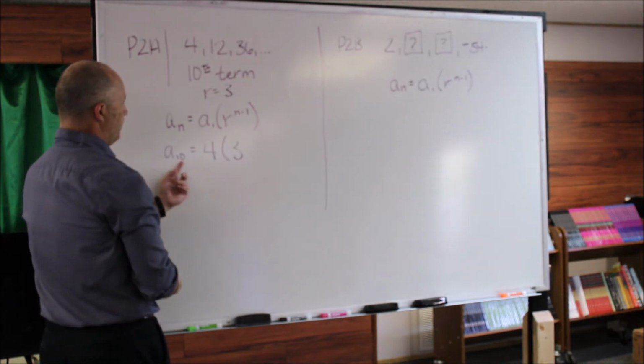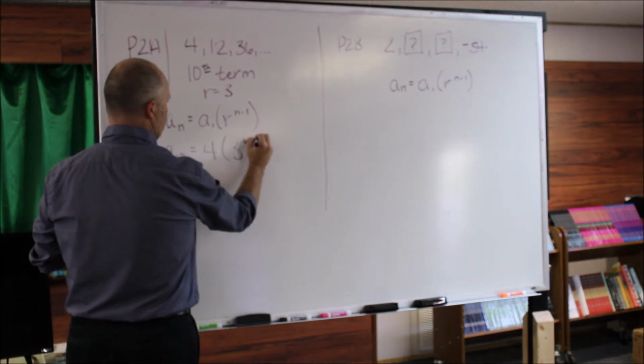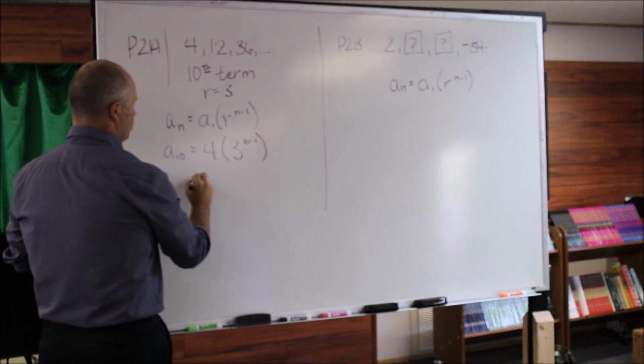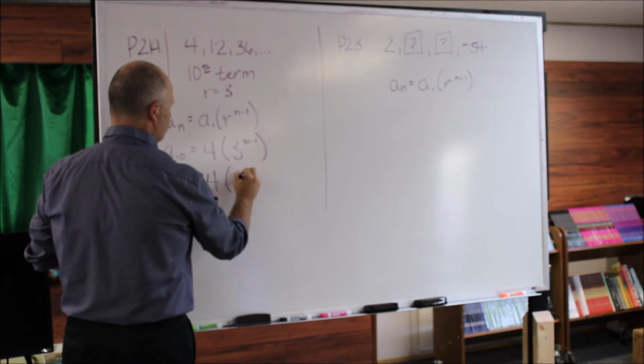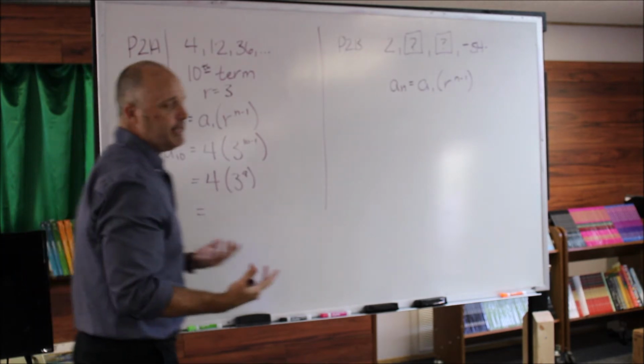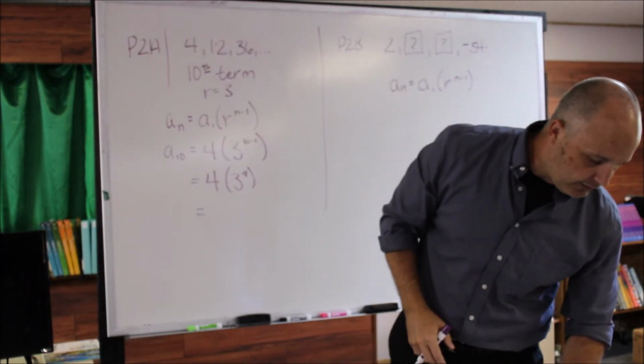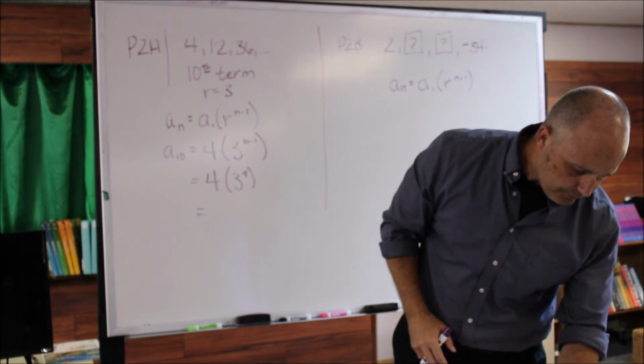And then we also know that we're looking for the 10th term, so we're going to go 10 minus 1. So go ahead and simplify this as much as you possibly can. 4 times 3 to the 9th. And then you're going to need a calculator for this. It turns out that the answer is going to be